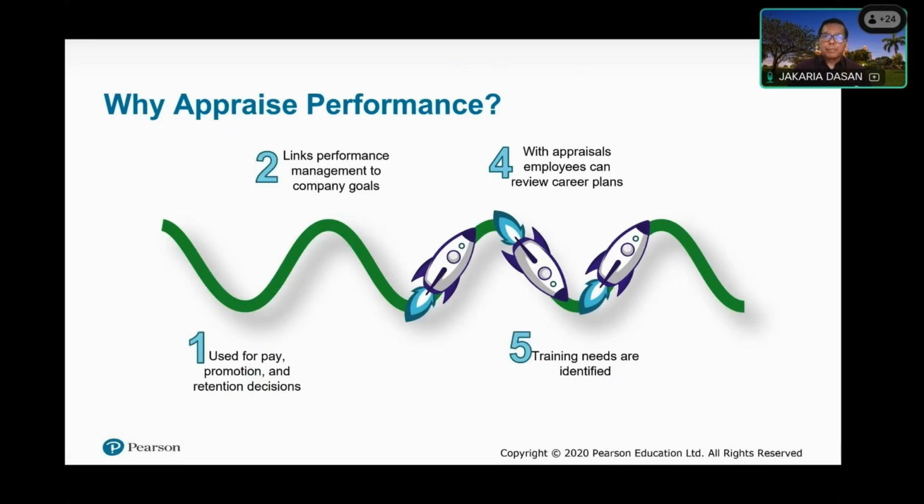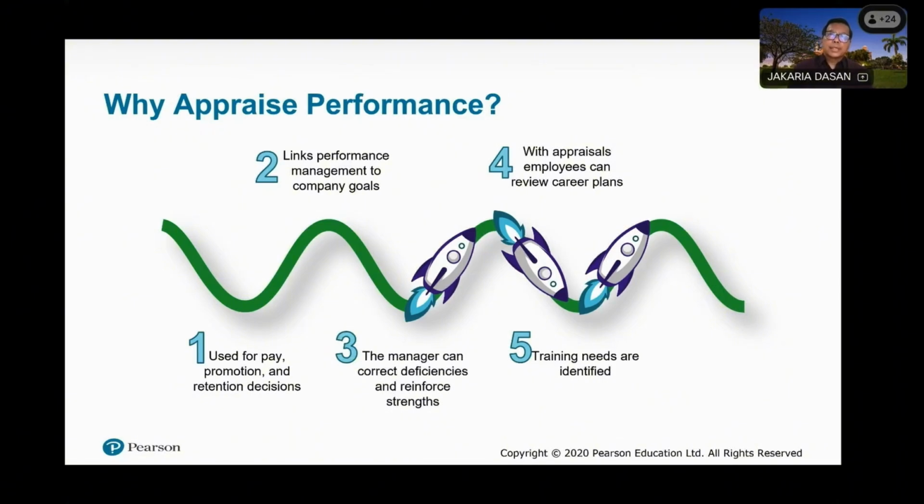When we appraise the employees, we may detect how far actually they understand the KPI of the organization. So we can see the loopholes, we can offer remedies on how to increase their understanding by sending them to another training, for example. Number three, this is the follow-up, correct the deficiencies.